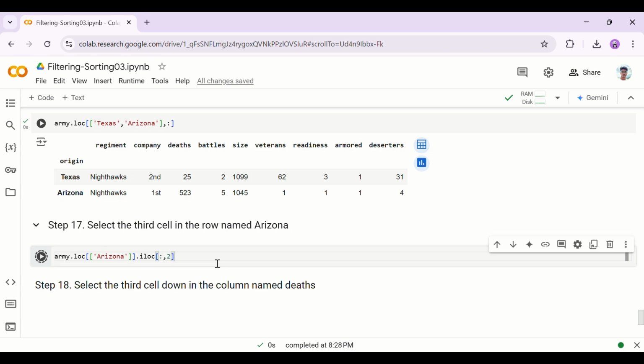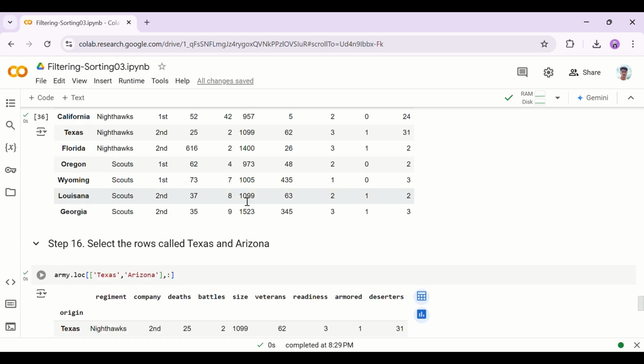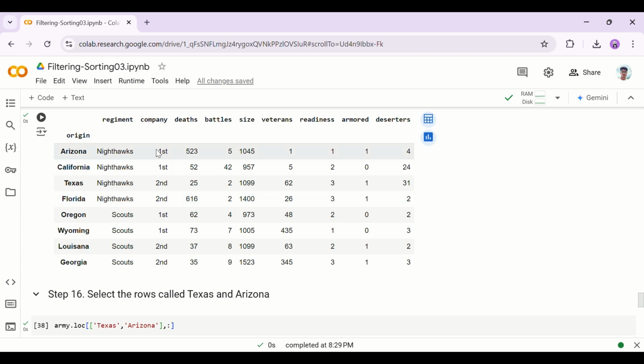So okay, it says 523 of deaths, because if you see there regiment, company, deaths, so it's the 3rd